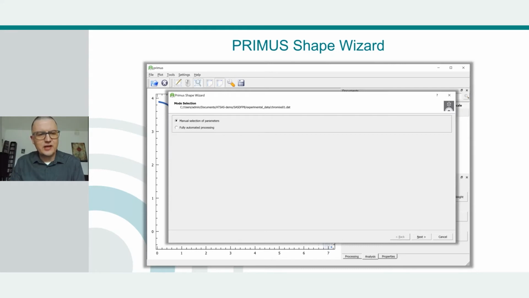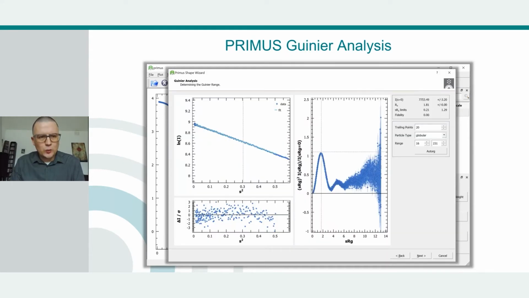So the first step is, as always, the Guinier analysis. Here on the left-hand side, you will see the Guinier plot of the small angle portion of your data, and you can estimate how linear your Guinier region is.